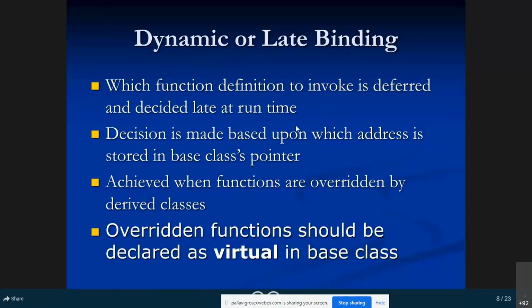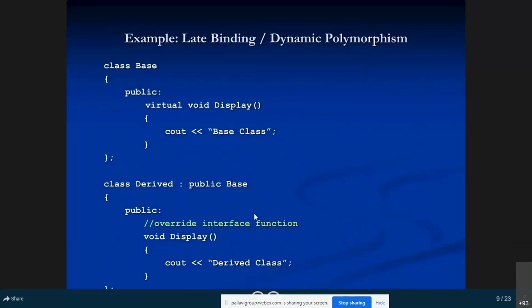Actually, this entire dynamic binding or late binding or runtime polymorphism you can achieve by using virtual functions, in the overriding concept. In overriding you are going to write some virtual functions, and by using that virtual function concept you can achieve runtime polymorphism. This is the example you can see. Here I just use virtual; I will tell how it works, but this is the overriding concept.